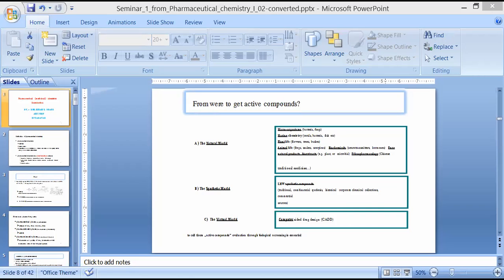Now the next step is new active structure or compound identification. This we can do with the help of in silico design or high throughput screening. Yesterday we discussed the mechanism and the process of working of high throughput screening. That means